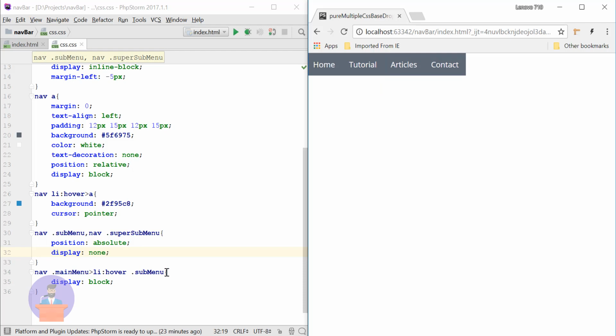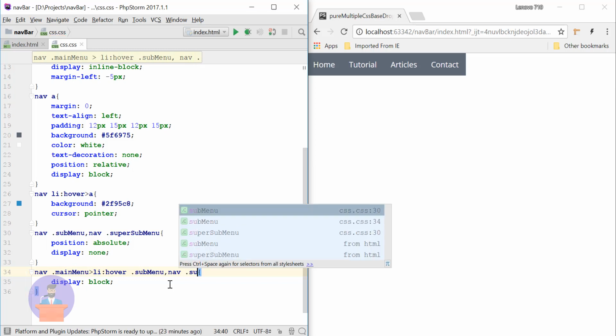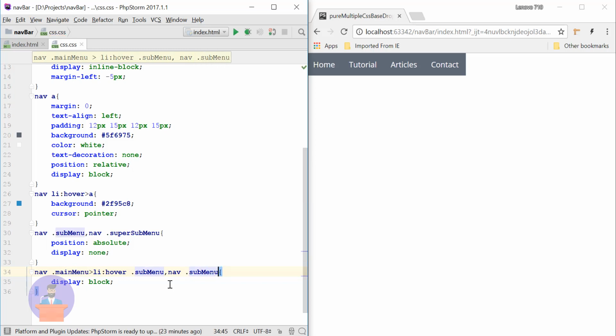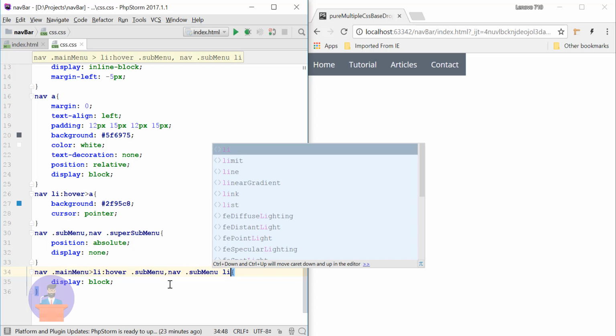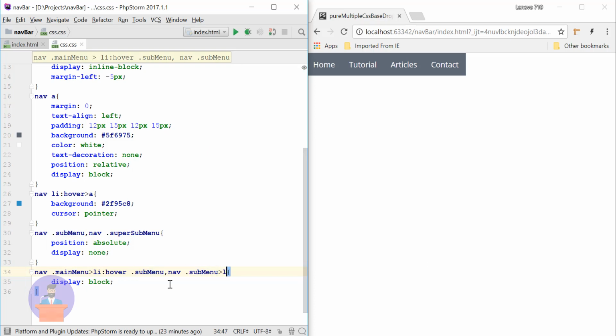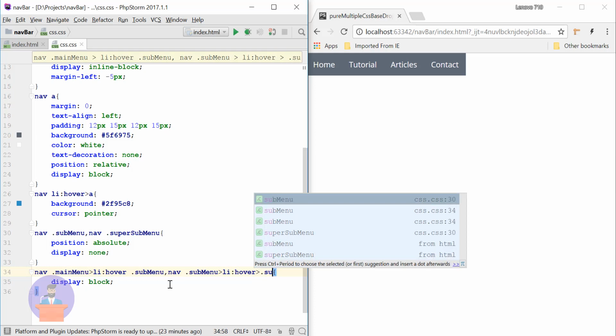Here I will use this previous CSS. Inside our navigation we have submenu, and inside that we have a list element. Here I will write our immediate list element, and when we hover on this list, then we should make display as block to our immediate submenu list.